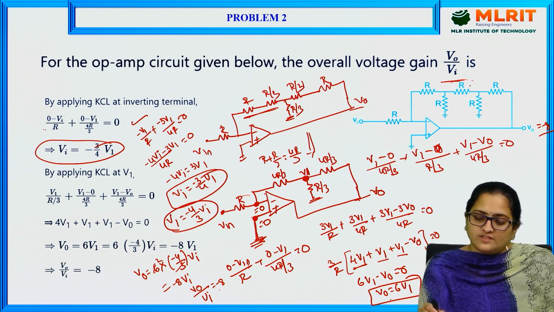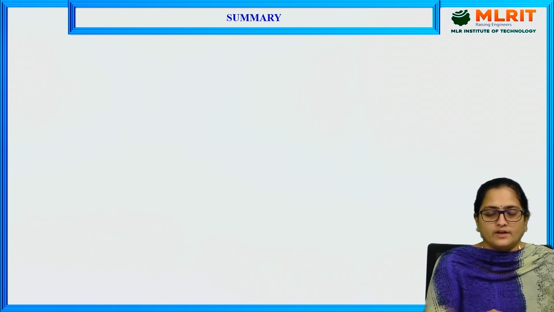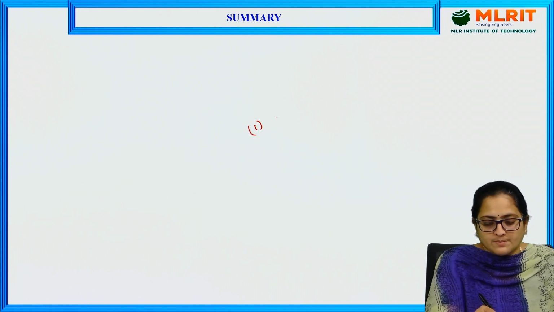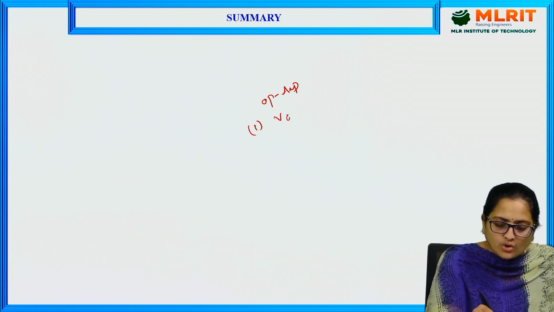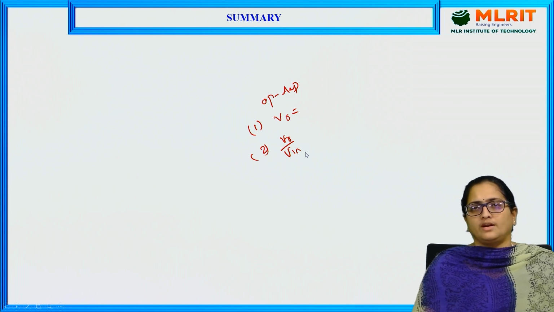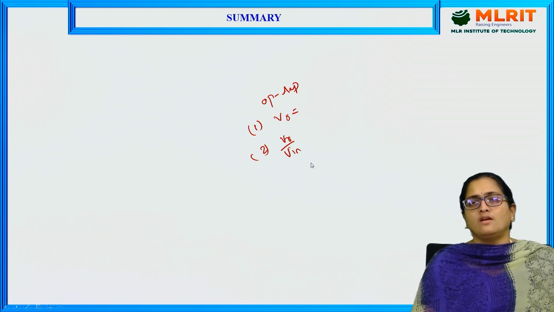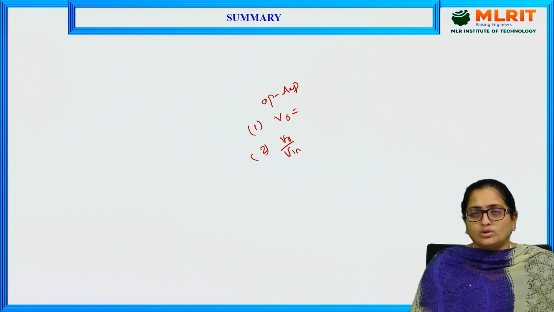So when they give this kind of circuit, try to minimize the circuit. We solved two problems with respect to op amp. The first one was finding the output voltage, and the second is related to the gain. From this circuit, we learned how to minimize the op amp circuit given at the inverting terminal or non-inverting terminal of an op amp, and how to determine the output voltage for complex op amp circuits.